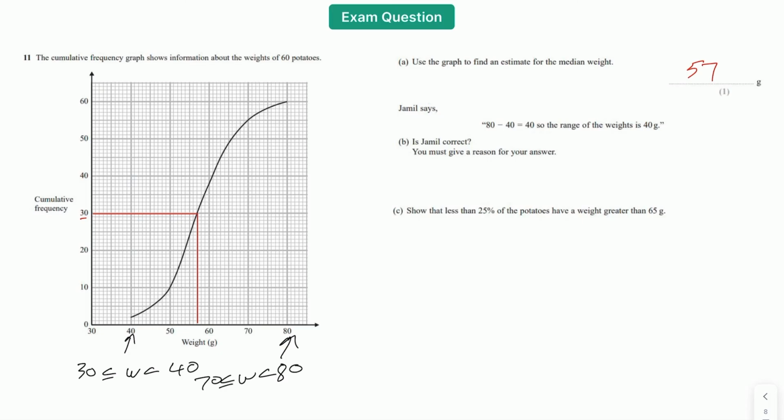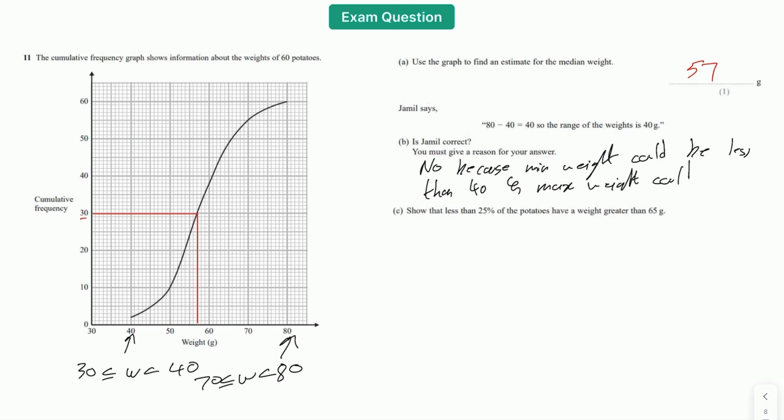So the reasoning here would be no, and it would be because, you do need to write this as well, because the minimum weight could be less than 40, and max weight could be less